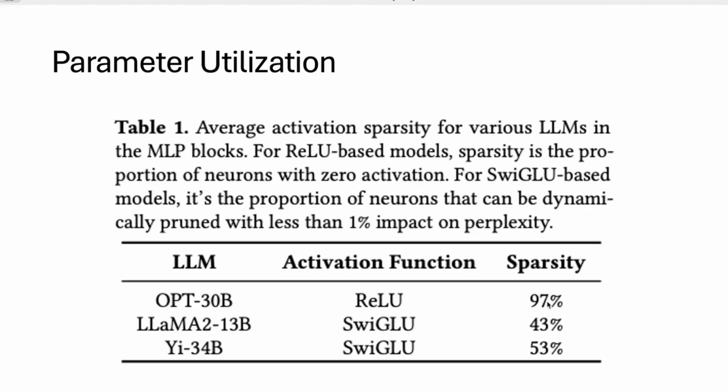This means you just need a few neurons to complete your task. You don't need all the neurons there. Even on the 30 billion model, one study shows that the sparsity is 97%, meaning 97% of the neural activations are zero. So you don't need this big model for your task. And if you lower the number of parameters to 13 billion or 34 billion, the sparsity will also be lower, so that the neurons get activated and actually utilized for the corresponding task.